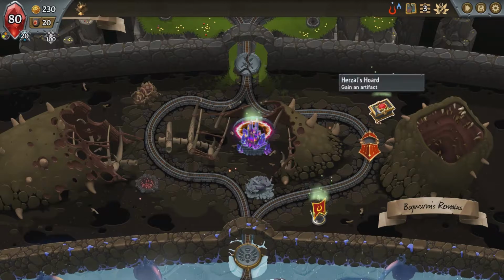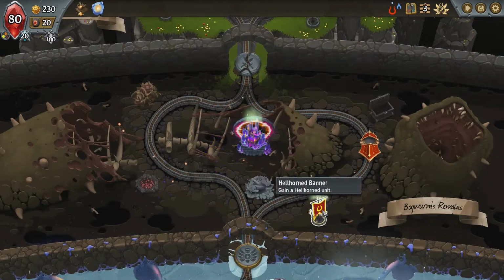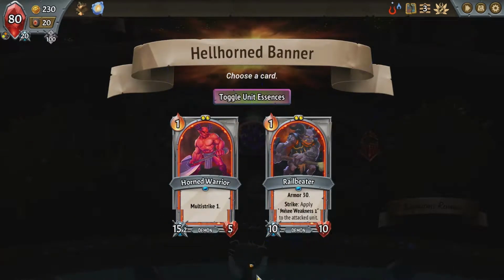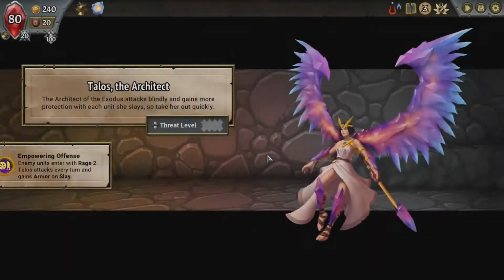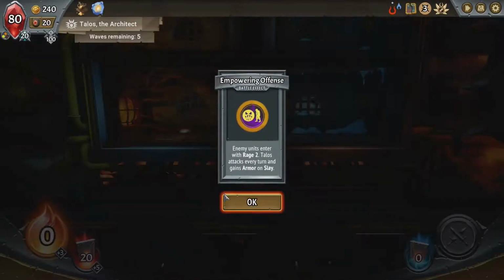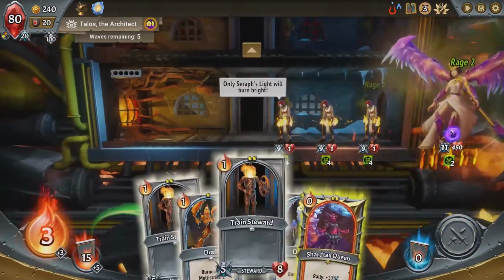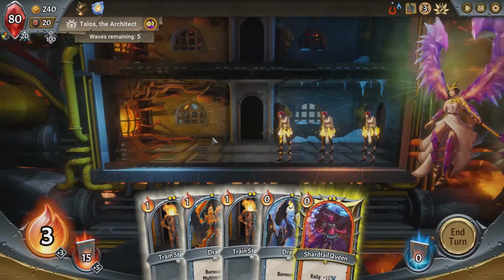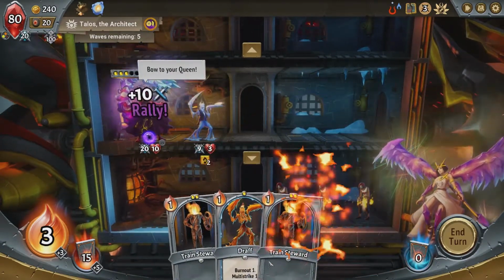Ah well. Then for the artifacts, we're getting the Encased Ember. That's quite nice, plus 5 mana whenever one of these Encased Concealment guys dies. So, you know, not too bad. Now we're off to Talos, which is annoying. She's putting rage onto people, but with encasement technically, or with stealth, that is manageable, but right now we do not have a stealther, so we